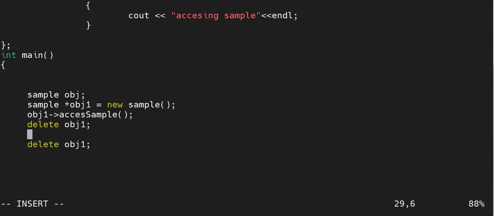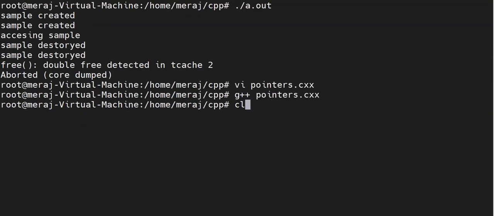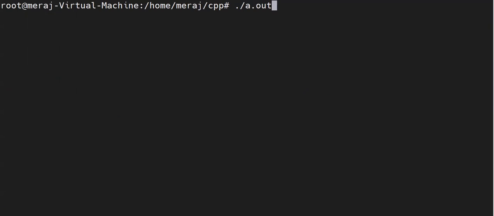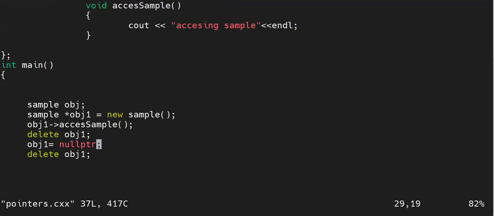So as soon as you delete your object, it is your responsibility to assign it to nullptr. Now if you run this program, it won't crash. See, it worked fine because delete is intelligent enough to detect null pointers and not try to delete them again.